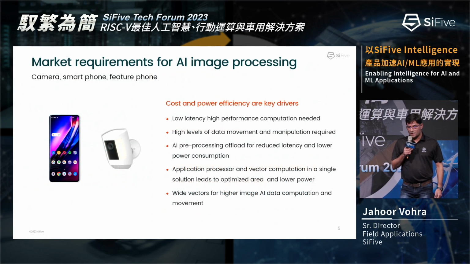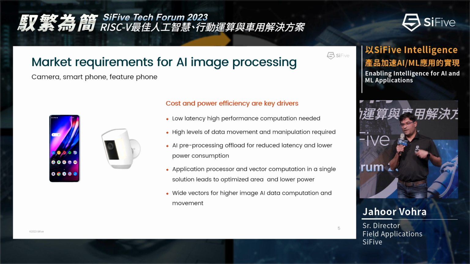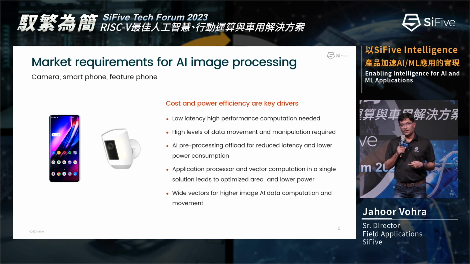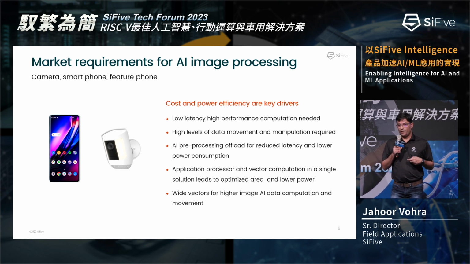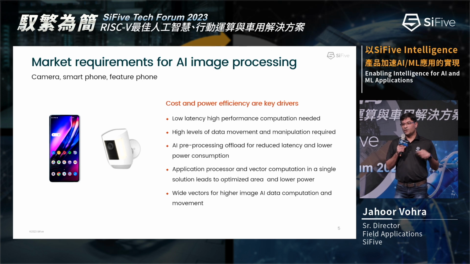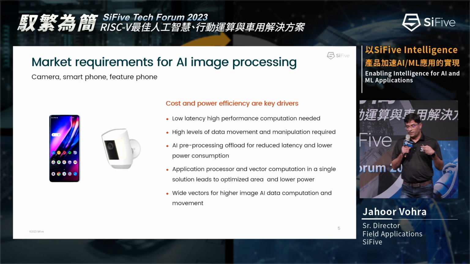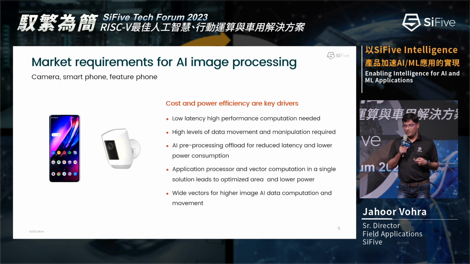So if you look at image processing, it's all about efficiently moving data, but also providing the performance and managing cost in those applications. Latency is critical in terms of how the compute gets done and where it gets done. With image processing, we need to support multiple resolutions. So we need to be able to move large amounts of data to the vector core and enable processing on the vector core, right? So the scalable solution that we have and the high bandwidth that we offer on the interfaces